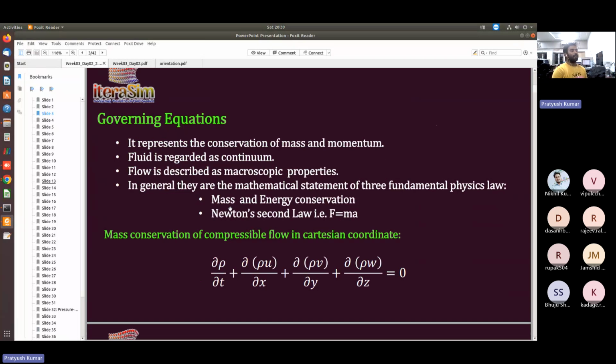Okay, and while solving the problems, we assume that the flow is described by macroscopic properties. The difference between microscopic and macroscopic is that if you deal with each and every component of the given particles, then it is known as microscopic. But if we take a control volume, then we consider macroscopic properties. So while solving the fluid flow problem, we